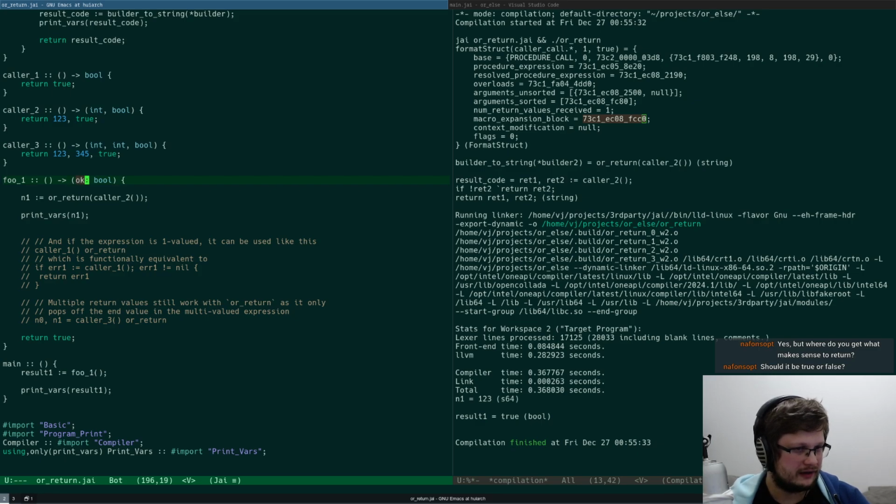And then I guess it internally takes those and returns them, whatever they're set to. Maybe that's why it requires them to be named, right?